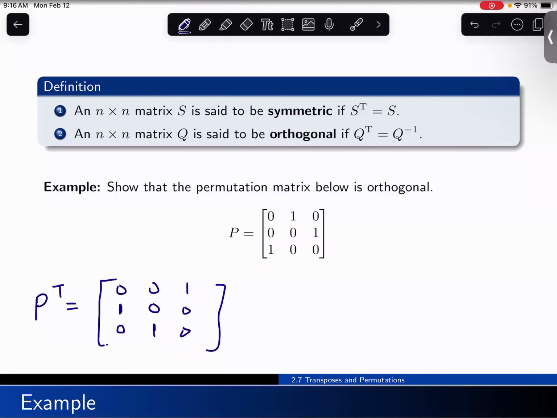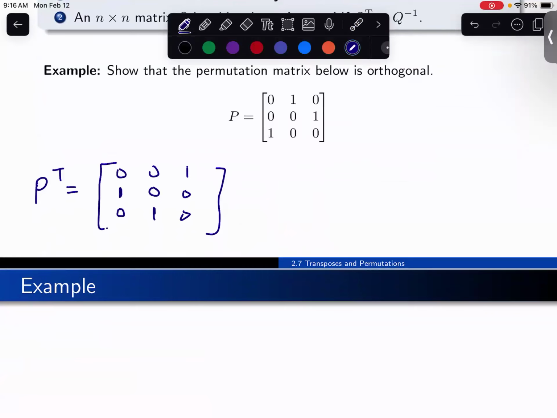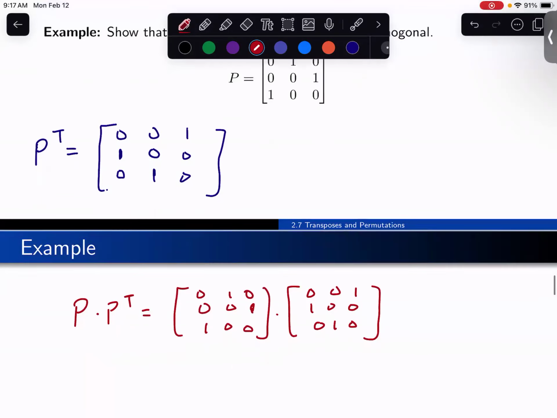So the rows become the columns, and the columns become the rows. Now if we were to multiply these two matrices together, we want to get the identity matrix back out. So we have 0, 1, 0, 0, 0, 1, 1, 0, 0, multiplied by 0, 0, 1, 1, 0, 0, 0, 1, 0. If you multiply these two matrices together,